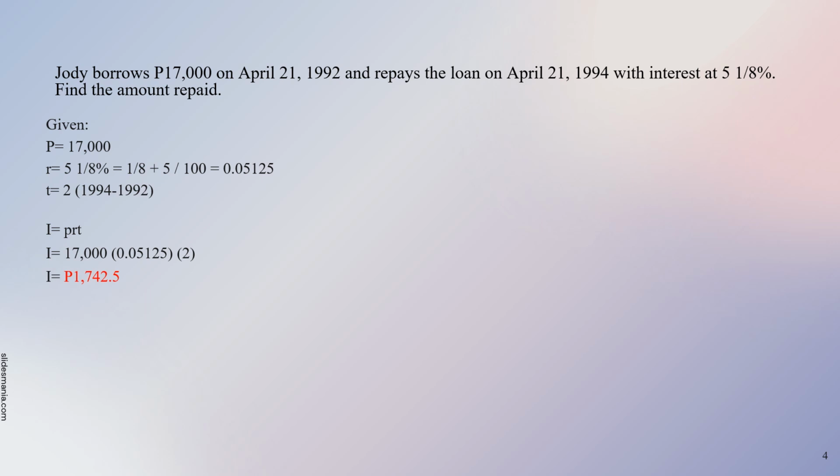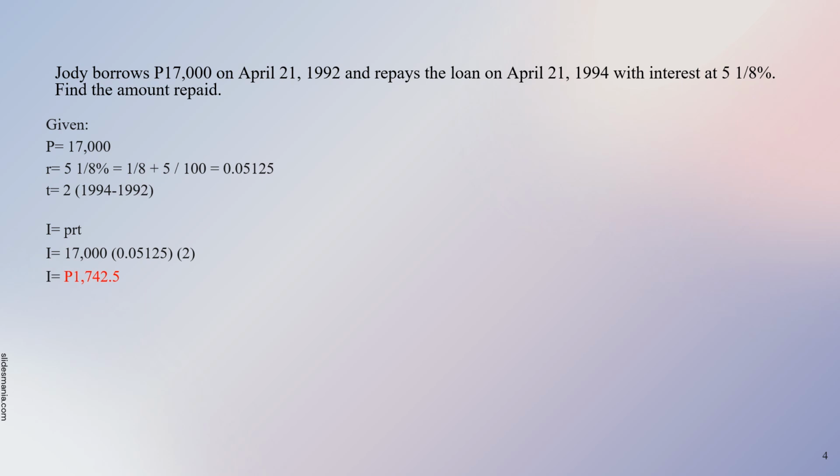So our given is the principal amount, which is 17,000. The rate would be 5 and 1/8%, and we have to convert that into decimal. So how do you do that? We just have to divide 1 by 8, so 1 divided by 8 plus 5. And now the answer would be divided by 100. So you get